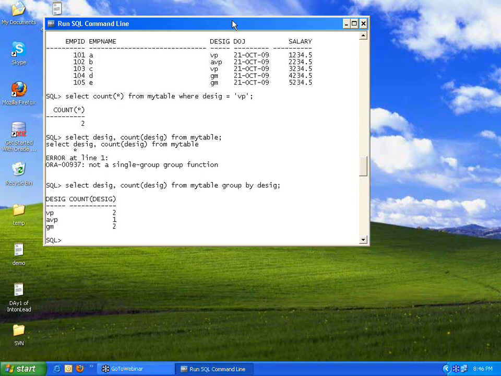Now let me have this same condition. Select designation, count of the designation from my table. Now I say where the count of the designation is more than 1, and then group by